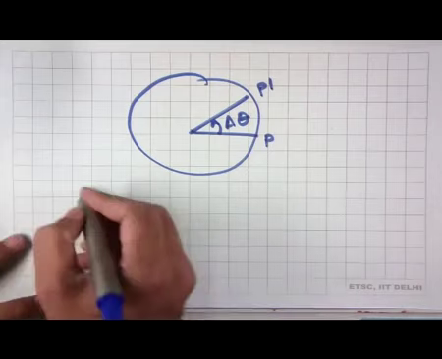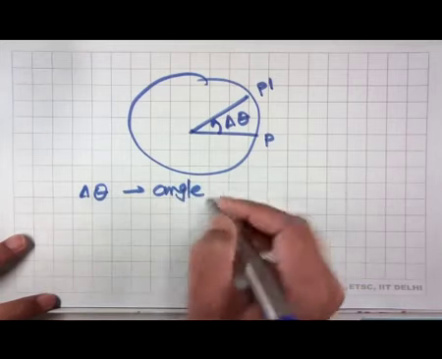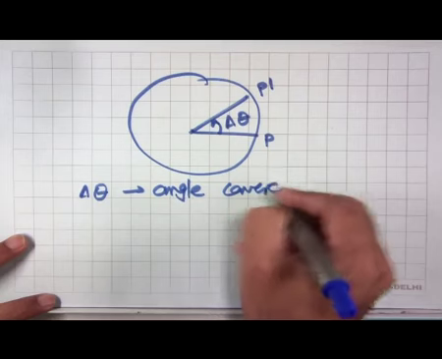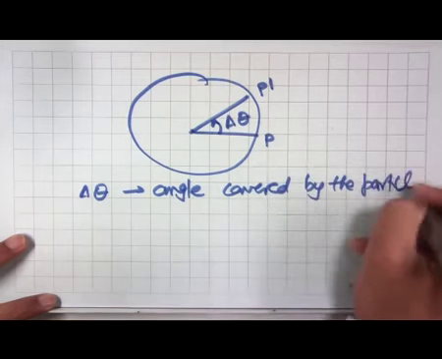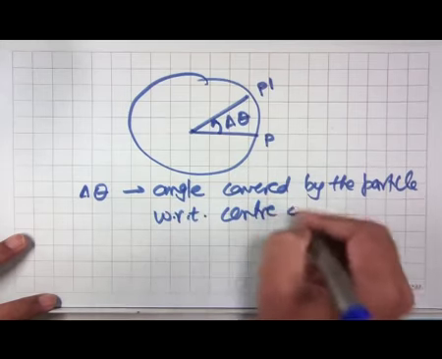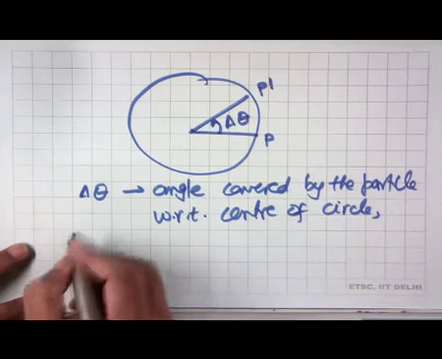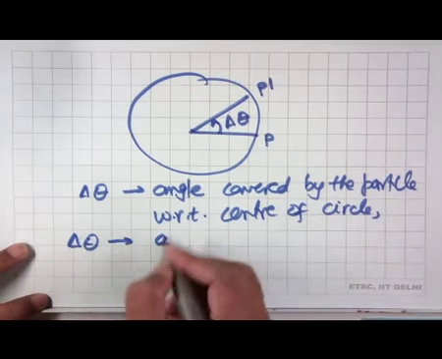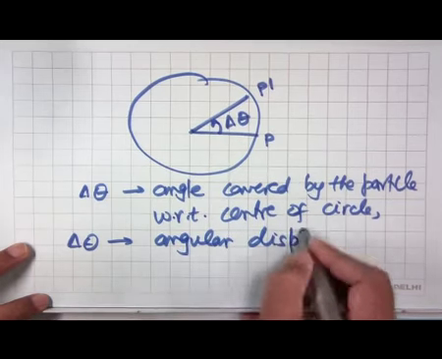So, if delta theta is the angle which is covered by the particle with respect to the center of the circle. So, now this delta theta is also referred to as the angular displacement,